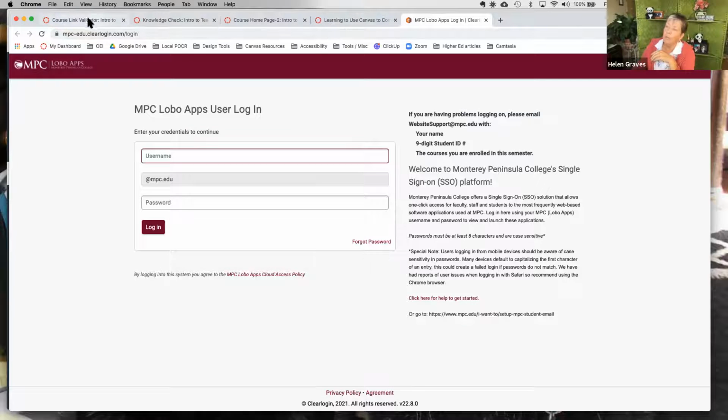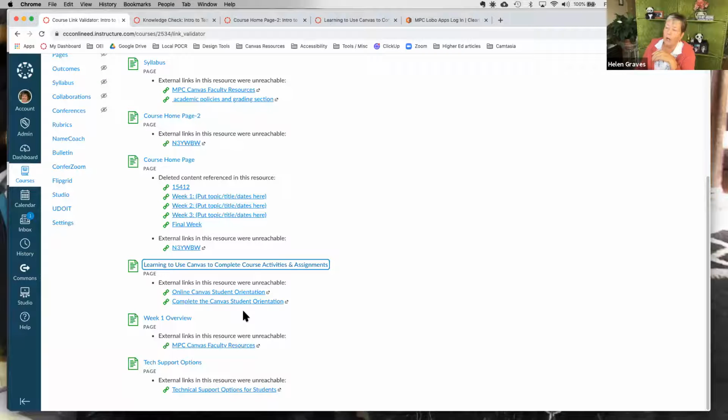So sometimes when you get these results, they are false positives, but it's always a good idea to double check just to make sure it isn't something like password protected, or it isn't a website that you were using who's changed their page names or something. And so the old link that you had actually is broken and you need to find the new link. I'm going to show you one other example because it has something that happens a lot with images.